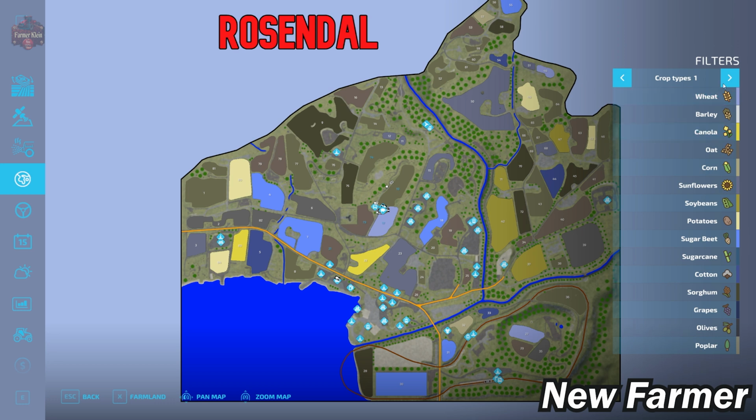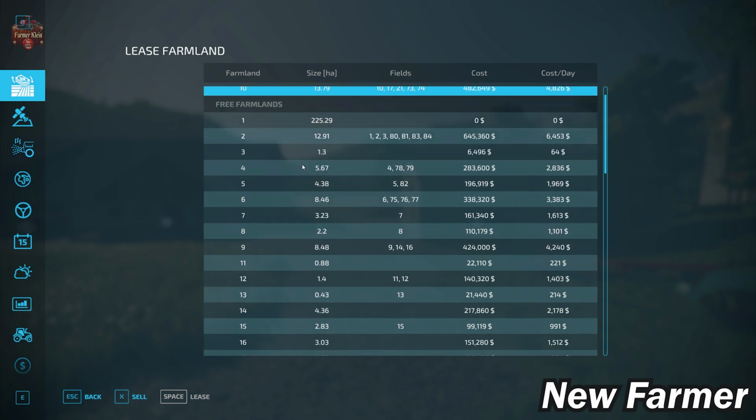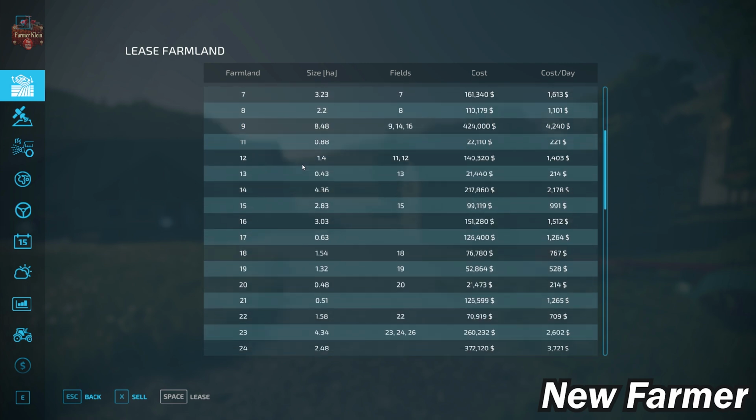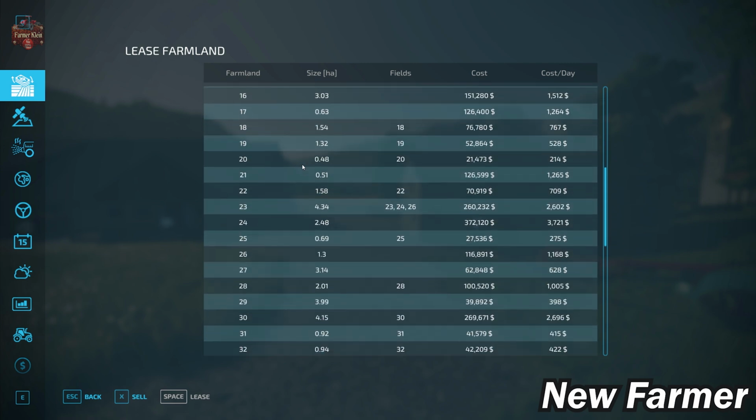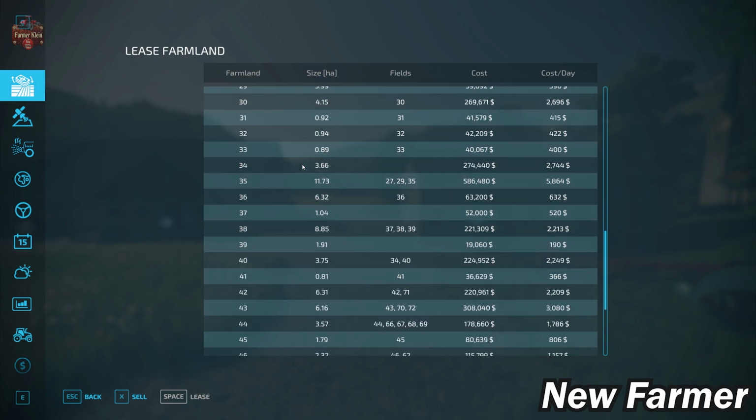So we do have all of our standard crops available to us in Farm Sim 22 on this particular map. And if we go ahead and take a look at our farmland lease screen, you'll see we own farmland 10, includes fields 10, 17, 21, 73, and 74, and is 13.79 hectares in size. If we go ahead and scroll through the rest of the buyable farmlands, you see where those land as far as the number of fields and fields that are included, how much that farmland is going to cost,